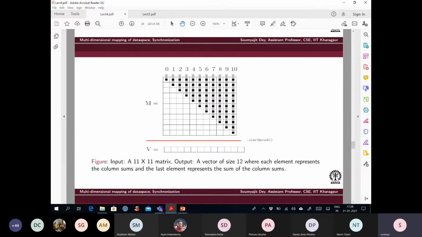Although let me tell you one thing: in this example that we are showing, we have taken a very small number of threads. So suppose you have 10 threads, 20 threads and all that, then this synchronization will really not make sense. Can anybody tell me why? Because they all run in the same warp, and all the threads in a single warp finish together. Warp or wrap? Sorry, warp.